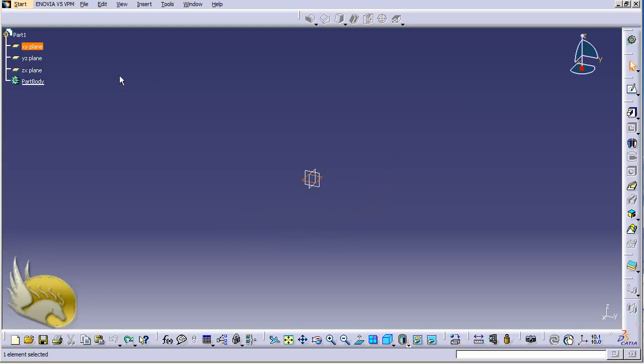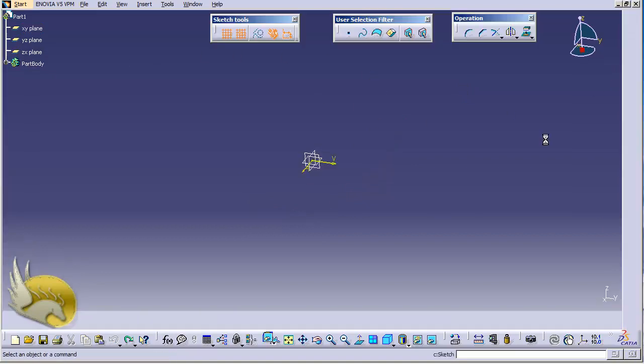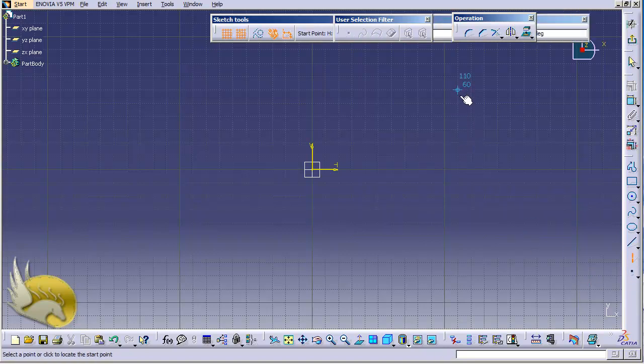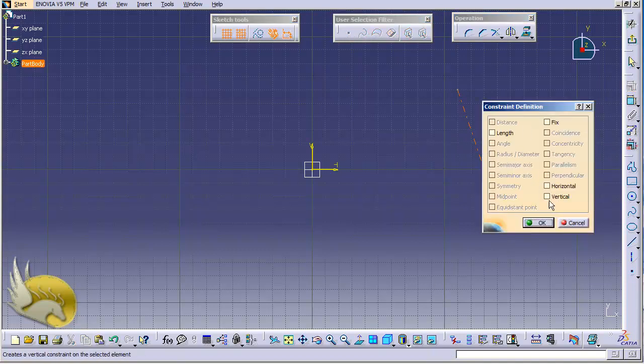shaft tool. I'm going to XY plane again using the sketch button, and now I'm going to select one axis. And I have used axis previously. As I told you, I cannot use axis as a construction object. That means I cannot use it to create any object or any 3D object from that. This is just going to act as an axis. So I click here and I draw an axis here, and the length of axis is not important. The angle of the axis, I want to have it vertical. You can see that this is selected, and I can go to constraint define and make this vertical like this,